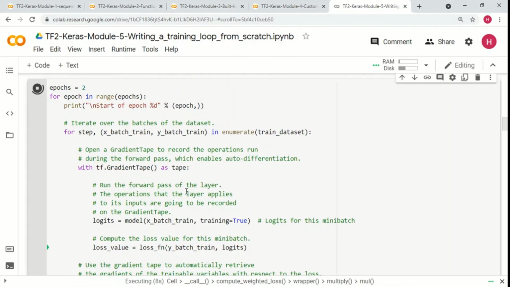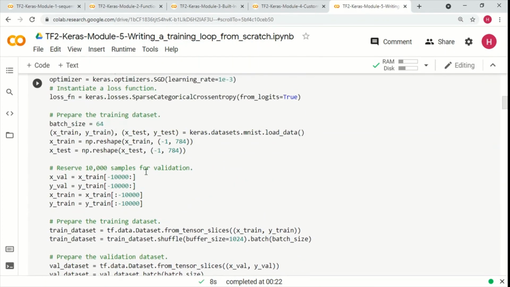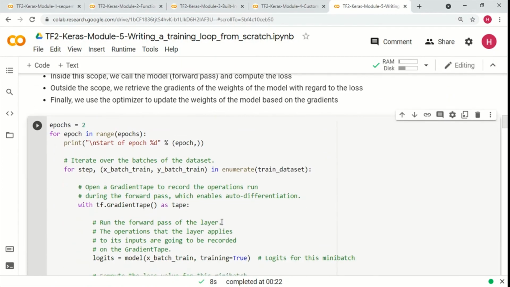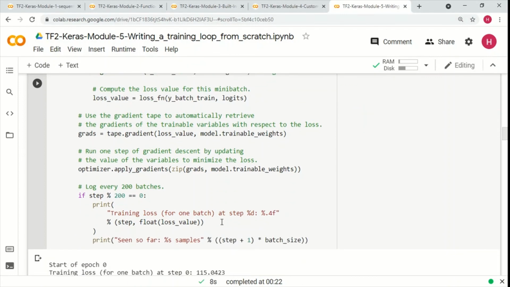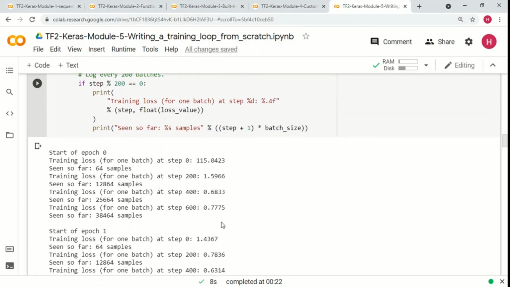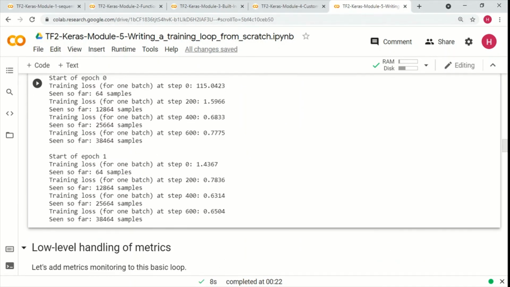We have to take care of splitting the data, batching the data, fetching the data. All that code we'll have to write ourselves. If there is a need for it, we'll have to do it, but just make sure that there is an actual need for it. Otherwise it's better to stick to model.fit. That's pretty much what we have for this particular session, folks.